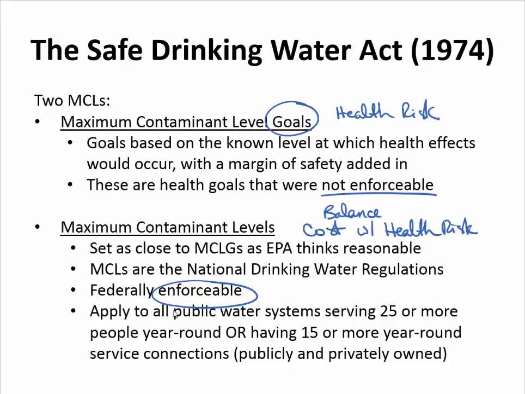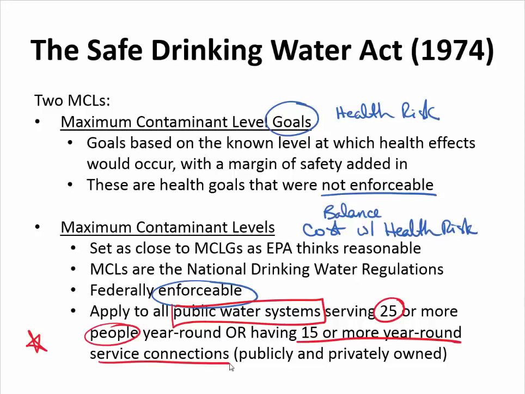It also defined what would be considered a public water system and would be held to this standard. You need to know this definition. A public water supply is any supply that serves 25 or more people or has 15 or more year-round service connections. This would include a private resort that had more than 15 service connections. Although it is private, the water system would be considered a public water system and under the purview of the